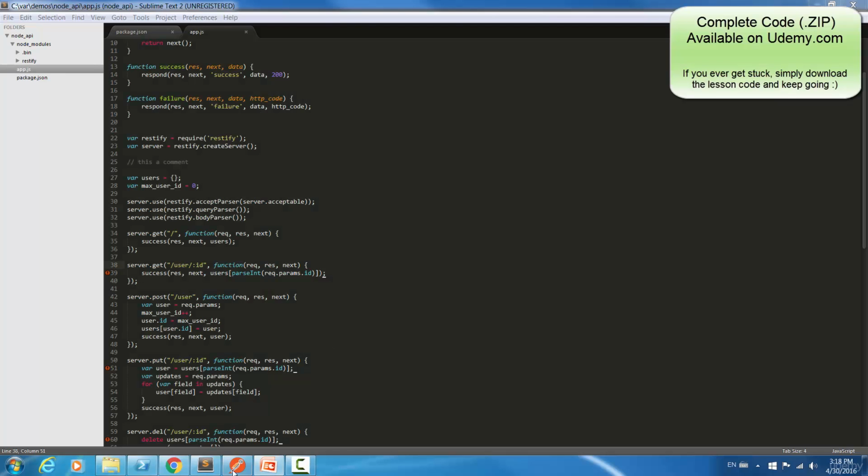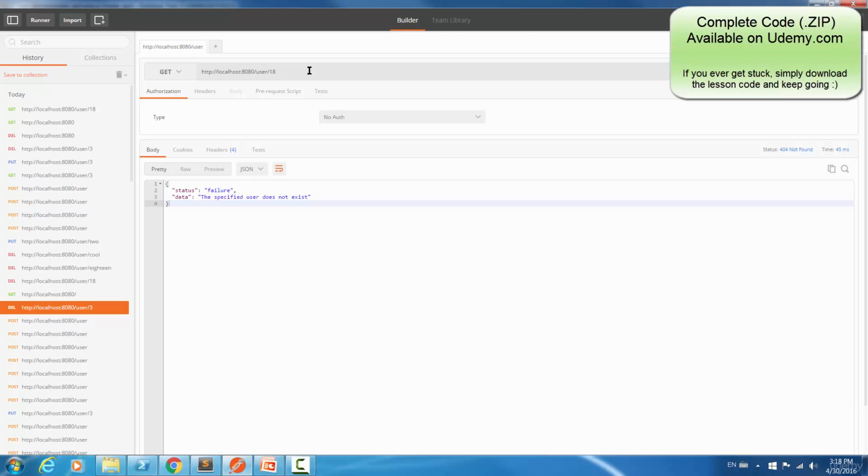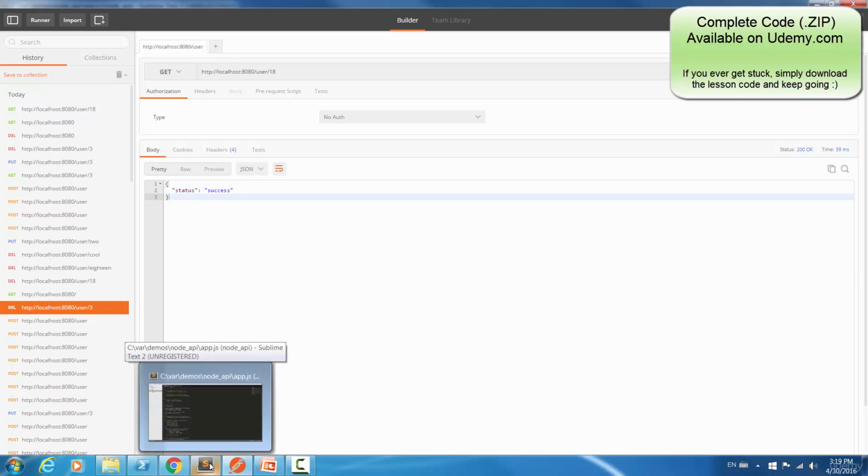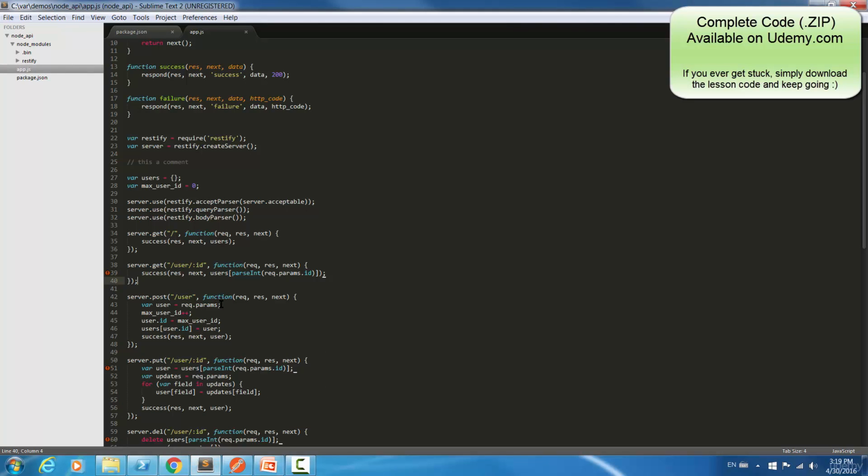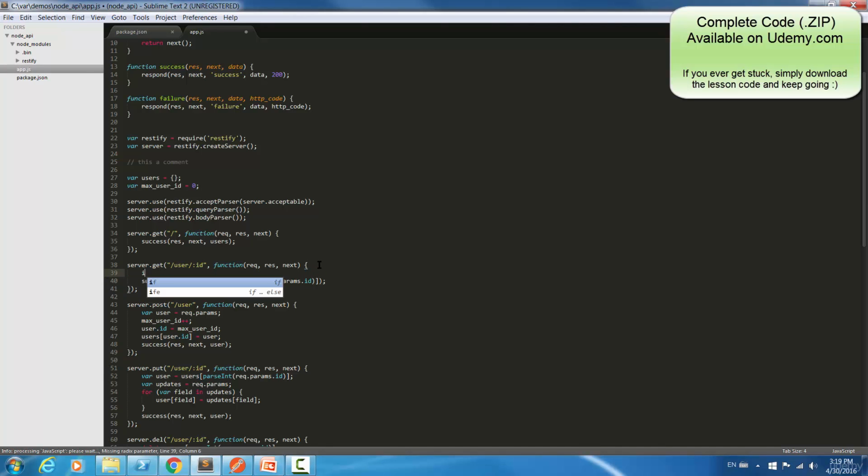So to show you a little bit in Postman of what I mean, if I try to get the user 18 by just issuing a GET request to this endpoint, we get status success, but that's not exactly accurate because that user doesn't even exist in our fake array database. And the way we can get a more accurate response is, for any API call that has this ID argument coming in, we can have a simple if statement that says if typeof